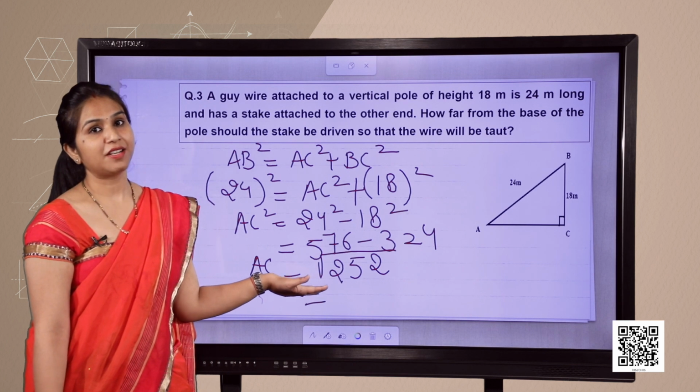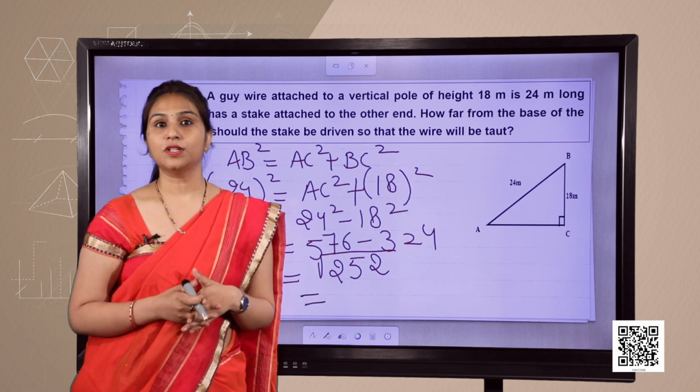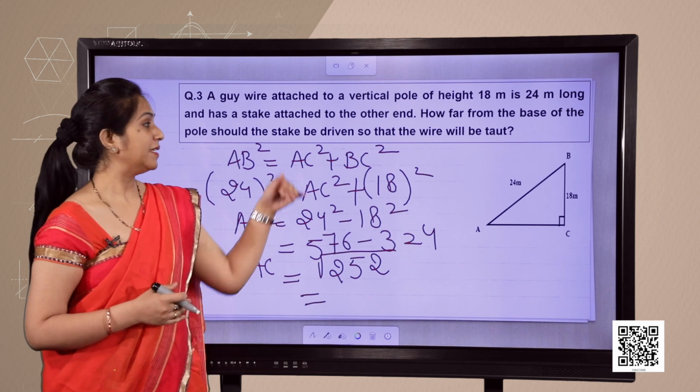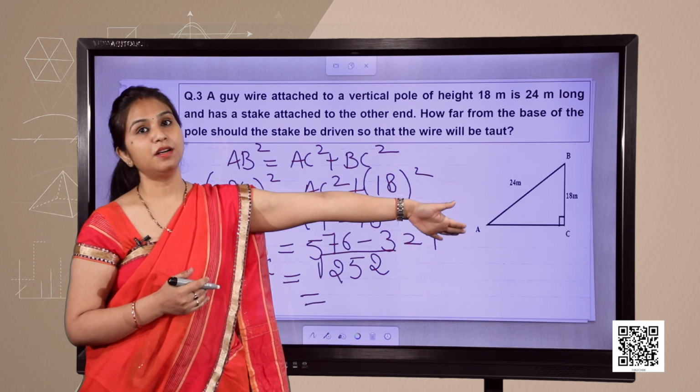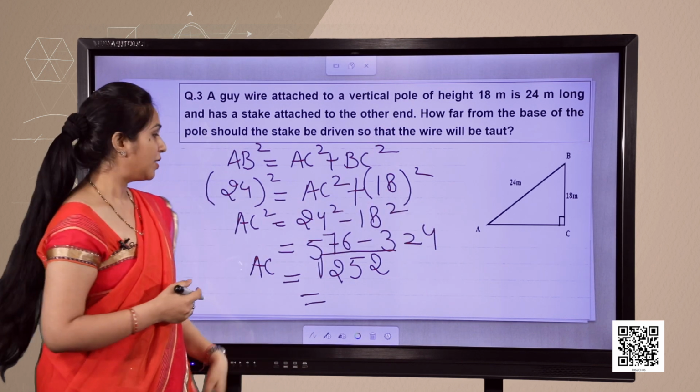You have to do prime factorization and you have to give the answer yourself and calculate the length or the distance between the foot of the wire and the foot of the pole. Now next question is,